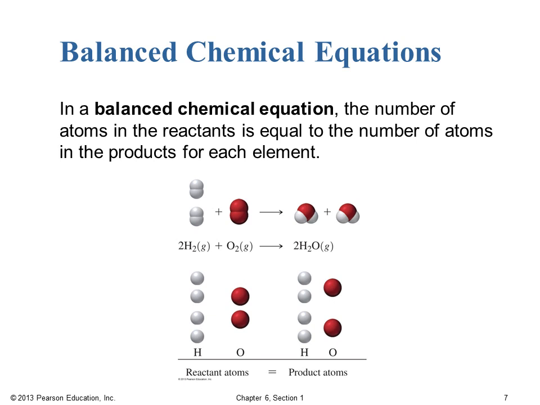So when we write out chemical equations, it's very important that they are balanced. And so when a chemical equation is balanced, that means that we have the same number of each type of atom in both the reactants and the products. And so if we look at this example here, we have hydrogen gas reacting with oxygen gas and producing water